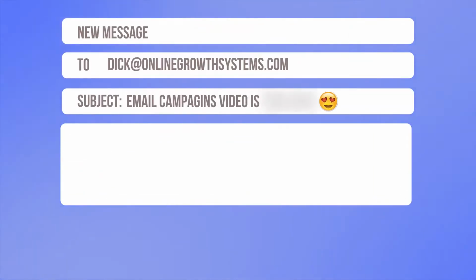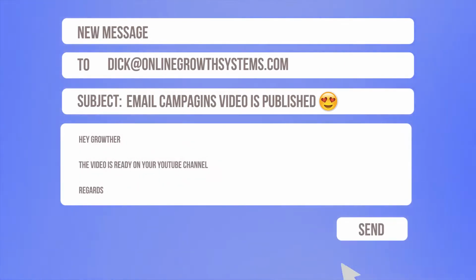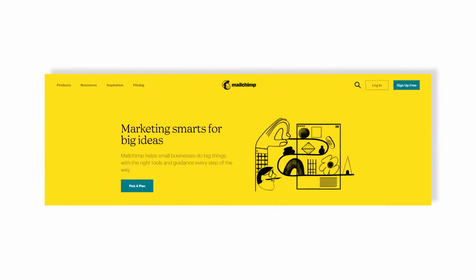So now this is not typing out an email, typing in the subject line each time, writing a personal note, including pictures, and then copy pasting everybody's email into it and sending them all individually 10,000 times, depending on how many people are on your list. This is when you use email software like MailChimp, Aweber, stuff like that. You put your email list in there, whether it's 10,000 or 10 million or 10 people,